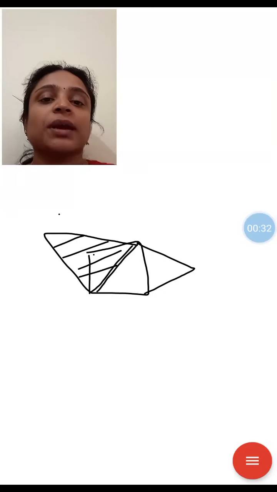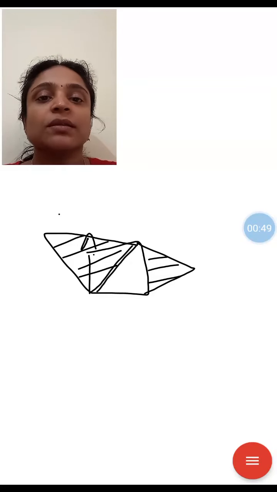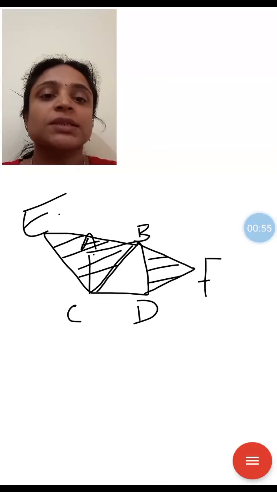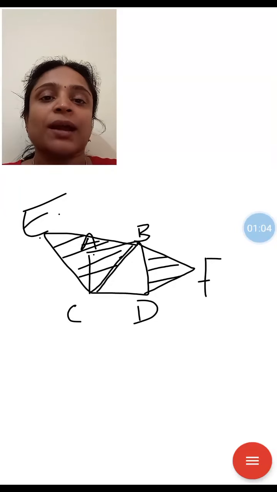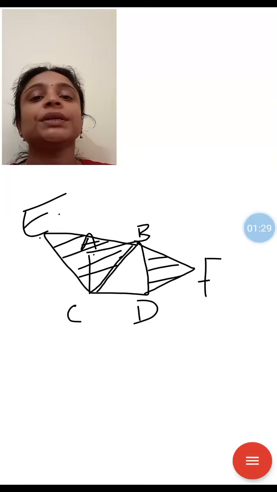Area of the equilateral triangle described on the diagonal is twice the area of the equilateral triangle described on the side, or area of the equilateral triangle described on the side is half the area of the equilateral triangle described on the diagonal. Let us name the square as ABCD and EF. Vertices are E and F. Now, if we prove that these two triangles, triangle EBC and triangle BDF are similar, for this we have to first prove that area of triangle EBC is similar to area of triangle BDF.